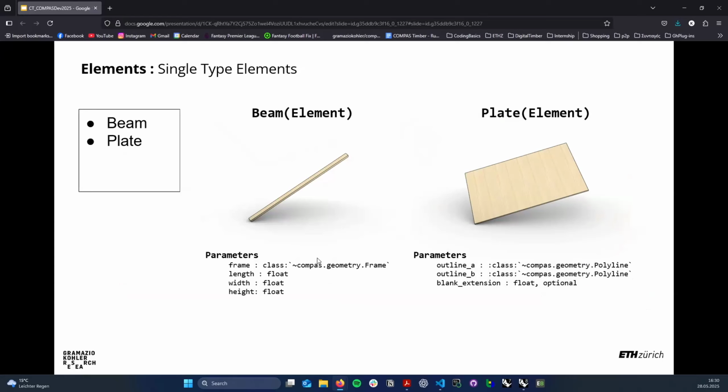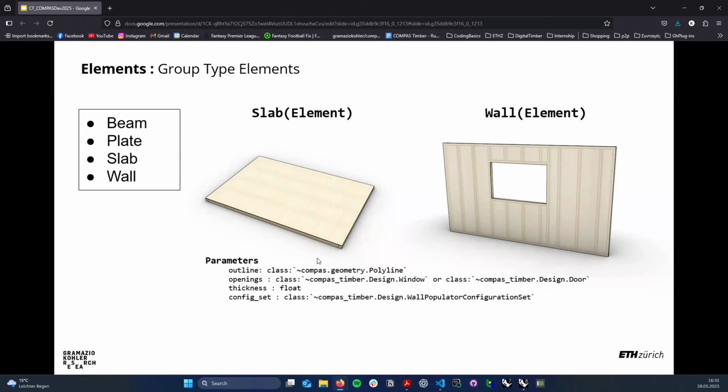Apart from these new developments, now in COMPAS Timber we can handle different types of elements. Whereas, if I'm not mistaken, the last time we presented here, we could only handle beams, now we can also handle plate elements that can be described by two outlines. And even more, we can now handle group elements, or we can generate group elements such as slabs or wall elements,